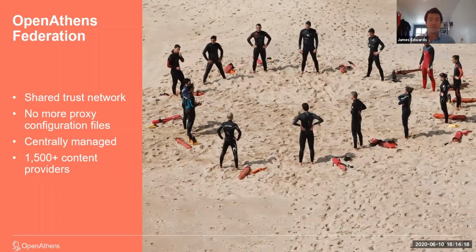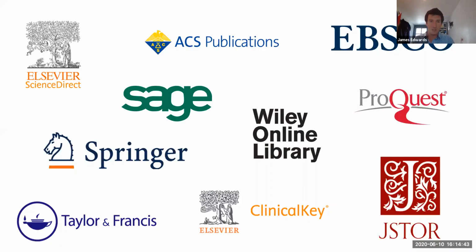So it's saving a lot of work and a lot of time for everyone. And it helps speed up that troubleshooting I touched on before. And you can also get rid of all the proxy configuration files and things like that. There are many federations around the globe. OpenAthens is a global one, and we have many publishers, service providers, we might say, as part of our federation. Here we've just highlighted a few of the ones you're probably aware of and might have seen before. Again, as on that last slide, you could see there's over 1,000 that we can be working with.